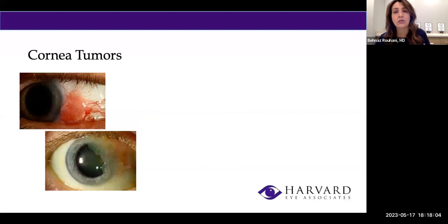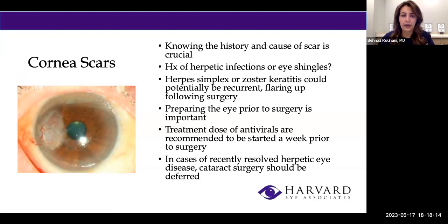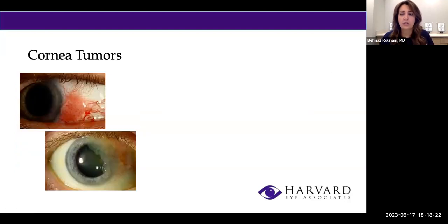And that's another reason I put that here, because I want you to always share your eye history with your surgeon. Sometimes we might not see as big of a corneal scar as we see now. It could be very subtle. Sometimes nothing is there, but knowing your history is going to help us make better decisions.